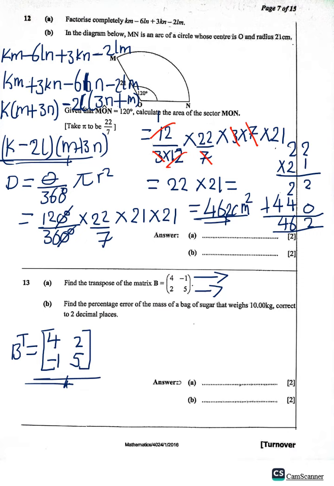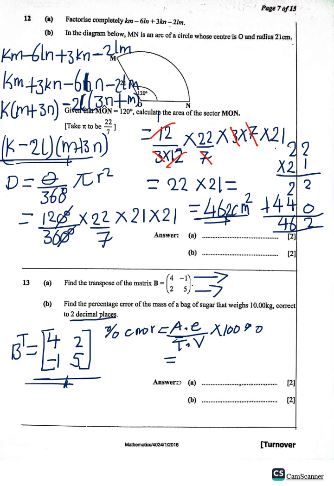Now find the percentage error of the mass of the bag of sugar that weighs 10.00 kg, correct to 2 decimal places. Now percentage error formula, so we can say percentage error is equal to absolute error divided by true value times 100%. Now, since this time we have been given the condition 2 decimal places,